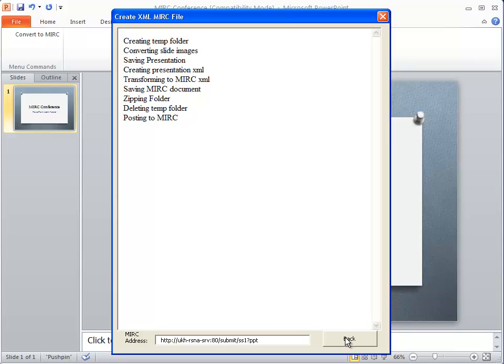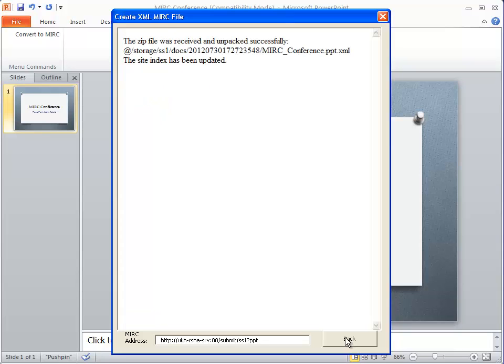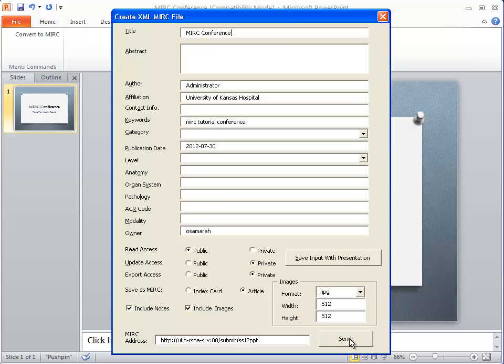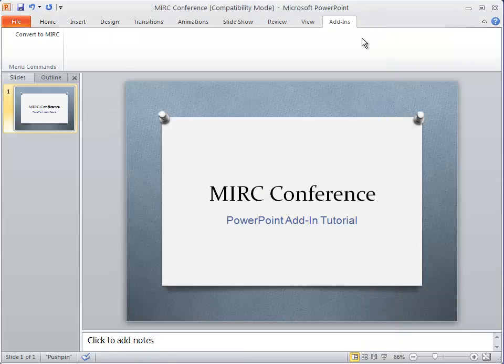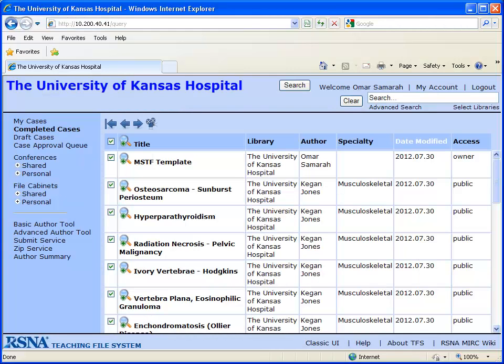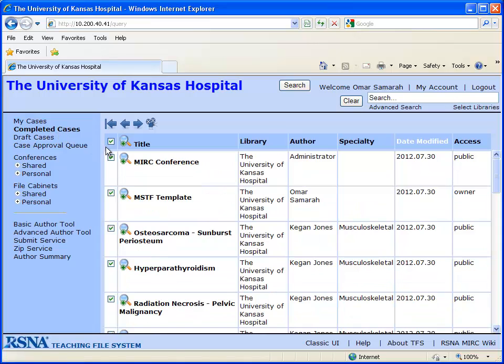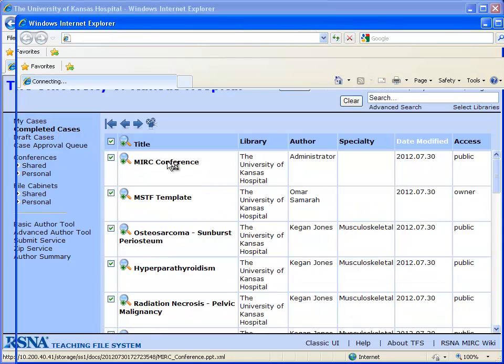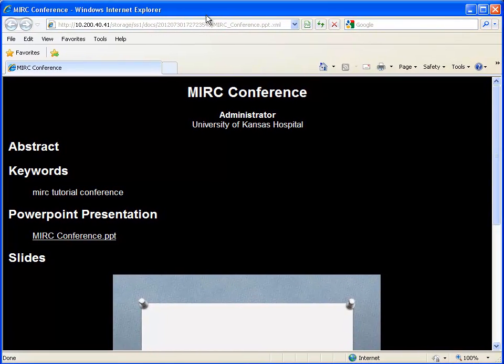It's going to do some work in the background. And it might ask you for your credentials, so if it does, then just type those in. It did not ask me this time. So then it's done. And now we can go into MIRC and see how it has added it. Just go to completed cases, make sure you refresh, and you can see that it's added the MIRC conference in